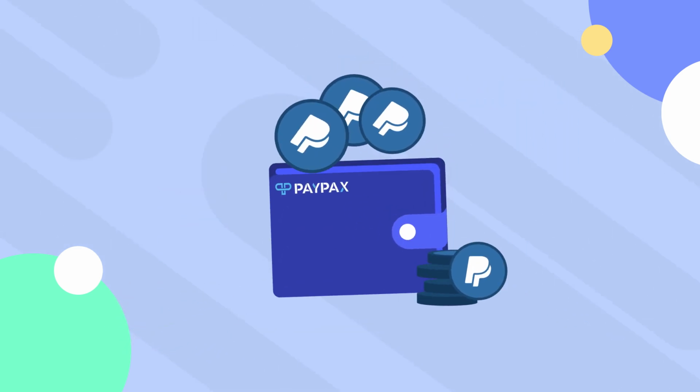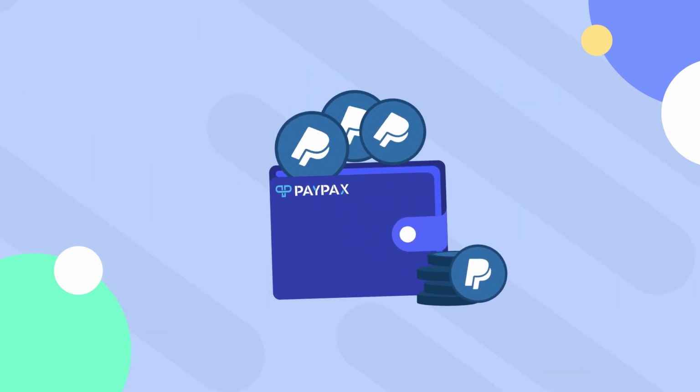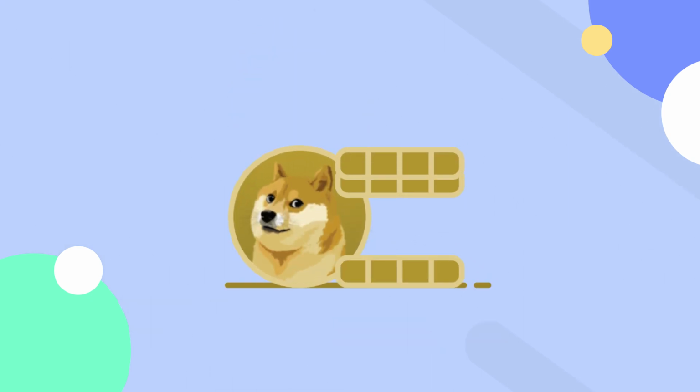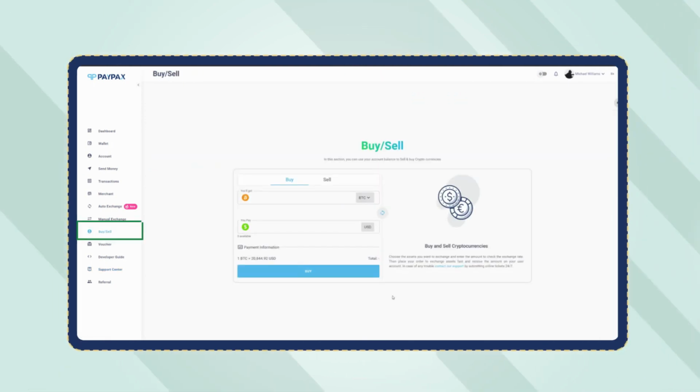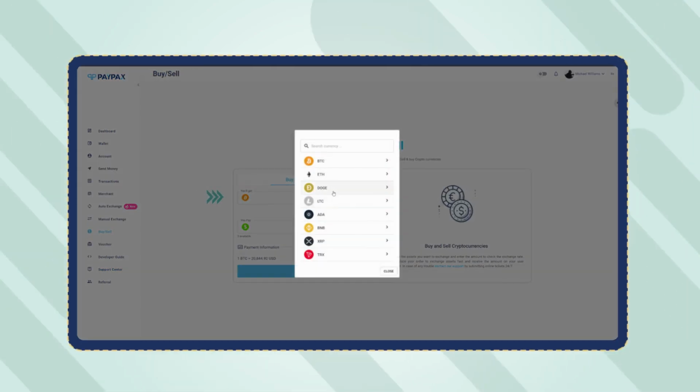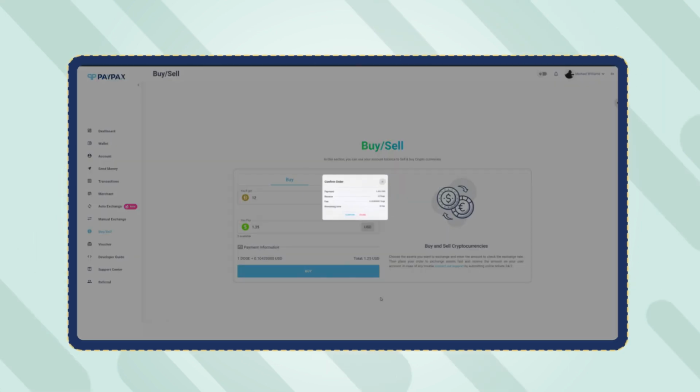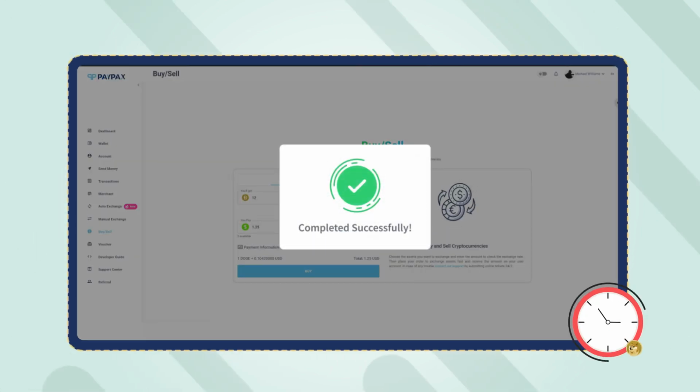In up to 48 hours, your account balance on PayPax is updated, and in the next step you can choose to buy Dogecoin and withdraw to any desired destination. To buy Dogecoin, enter the Buy/Sell section, choose Dogecoin, specify the amount and confirm the purchase. Your order will be processed in a minute and you can hold your Dogecoin in your PayPax wallet or withdraw